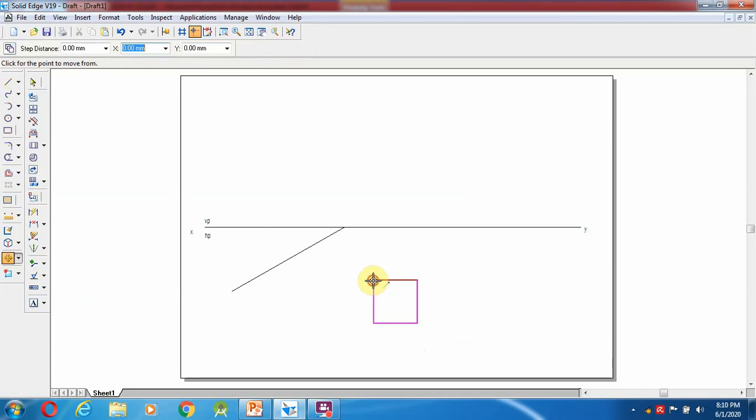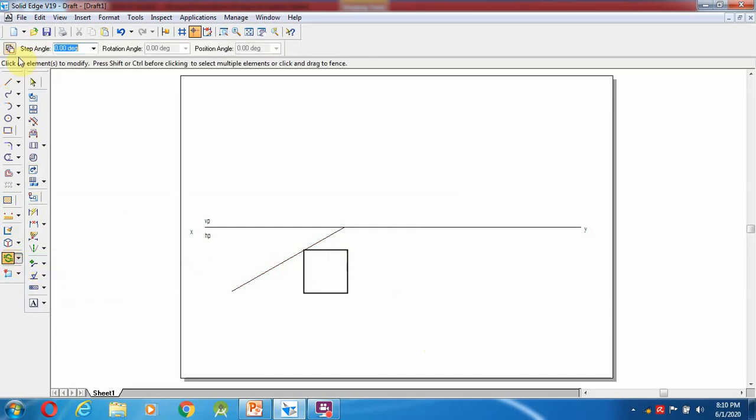So I'm going to move this edge. I'm going to select the corner, so the line will be touching and I'm going to keep it. After that, go with the rotate option. Without copy, select the entire thing from here to this end, and rotate it. This is the condition given in the problem: one of its square faces will be inclined to VP at 30 degrees. So the condition has to be satisfied.